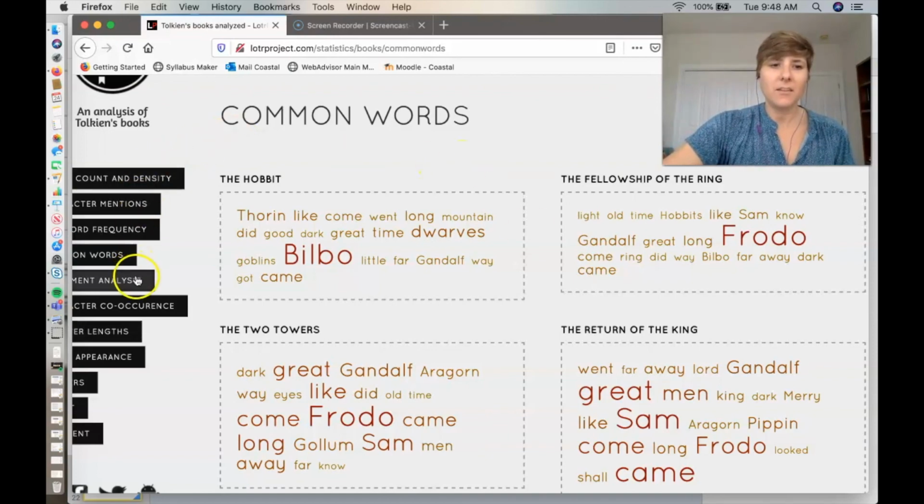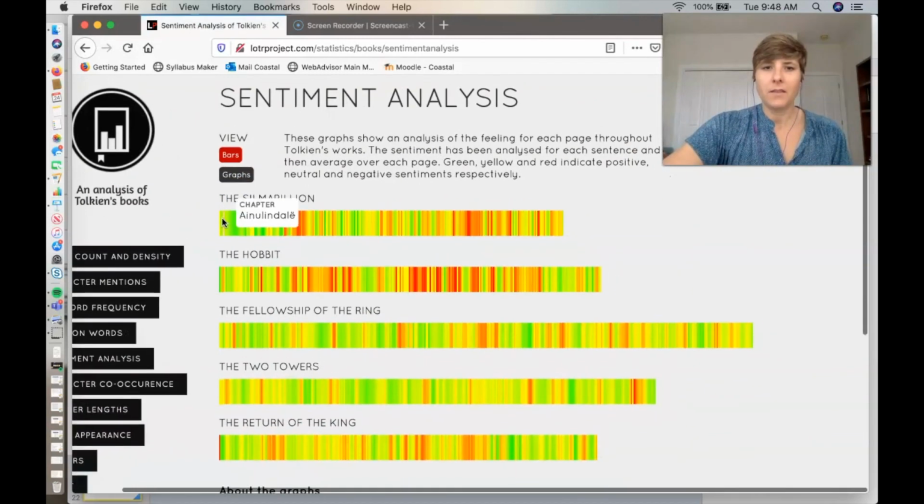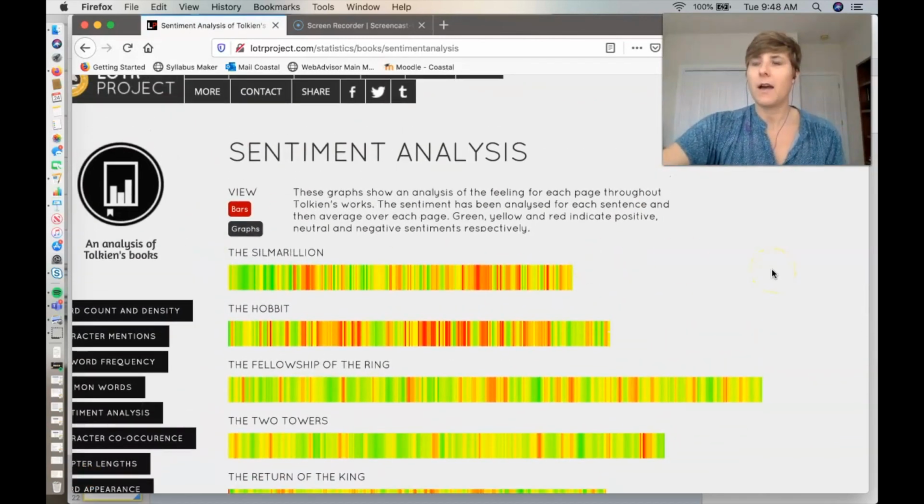Okay, so sentiment analysis takes us to this graph. Sentiment analysis is kind of cool, and it is based in linguistic study of the ways that certain words that we use carry a mood, right? We can sense this a little bit with words like good and bad, light and dark, as I just demonstrated, but we can also think about it with different verbs for the same